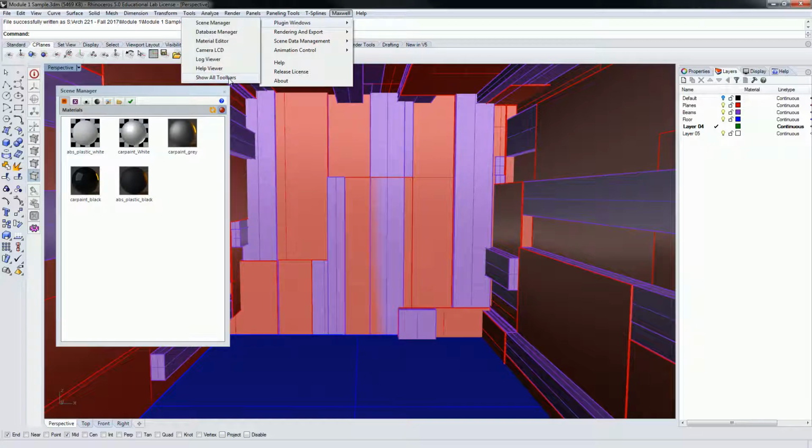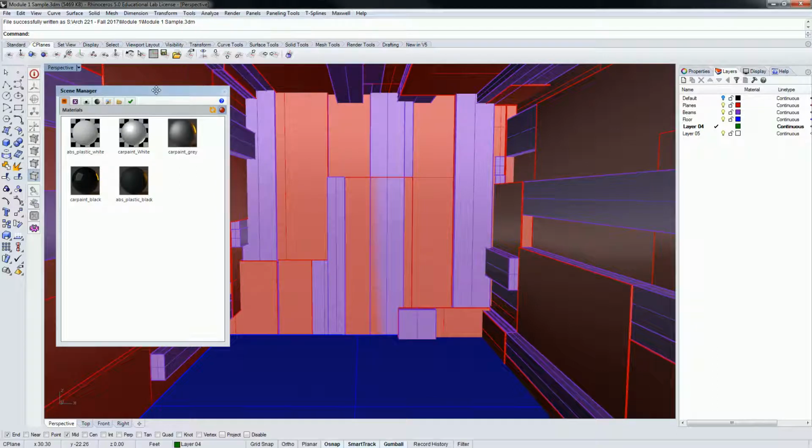to, you can show all toolbars, but if you close those toolbars, you have a real hard time finding them again, and that's the battle that I'm waging right now. So just click on Scene Manager for now. I'll figure out how to get them back. You might have to reset the Rhino UI. It's really annoying. I don't know if that's isolated to us or if that's just a feature of Maxwell for